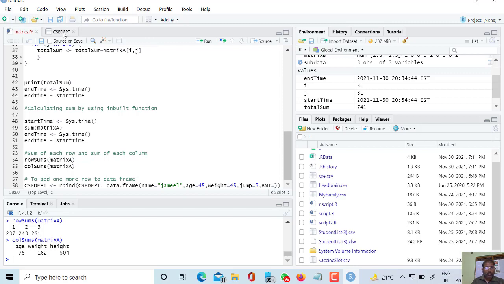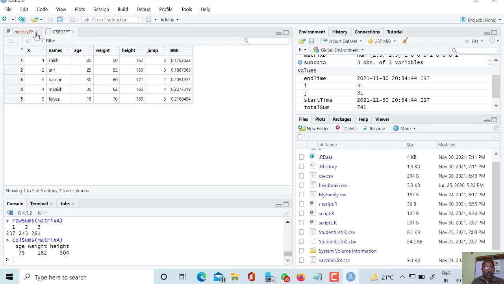Here height should also be there, I think. Weight, height, jump.